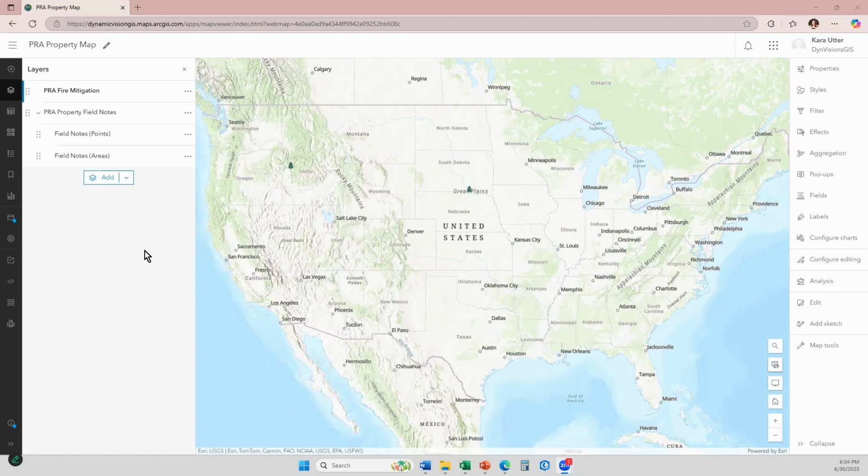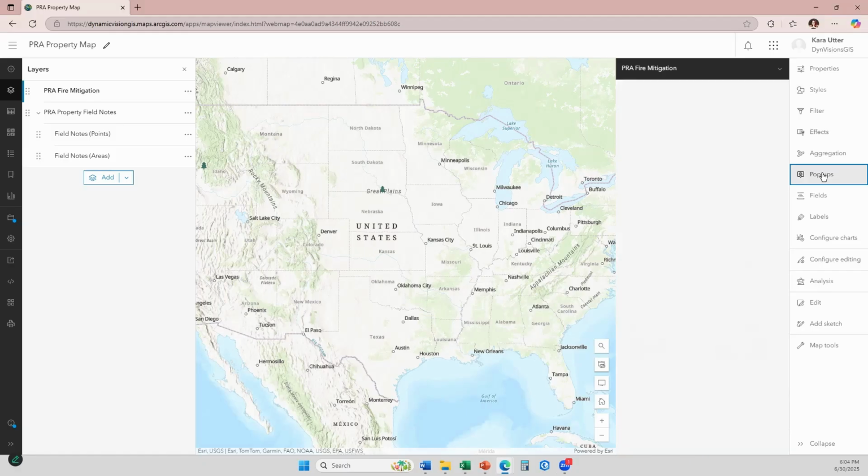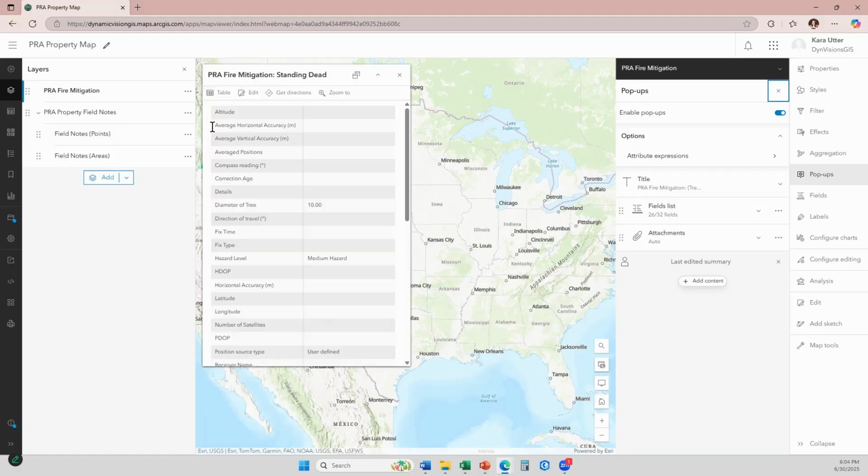As we prepare to create our smart forms for Field Maps, we have first, in a previous tutorial, made sure that we had created a symbology template for our layer. Now we want to come into the pop-ups and make sure that we have created a meaningful pop-up. A meaningful pop-up is going to ensure that when we go to start creating our smart form, we have